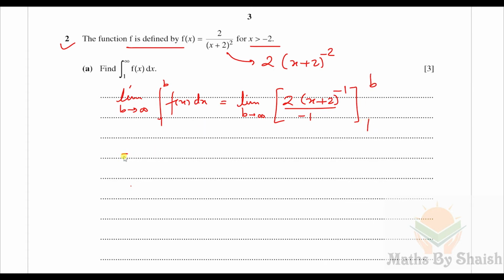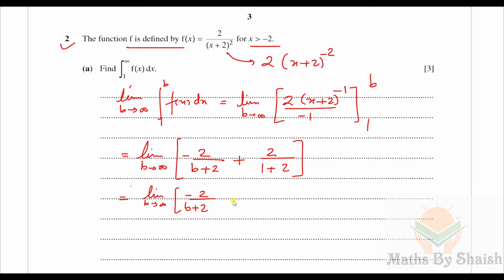So again this becomes limit b tends to infinity, and upper limit b gives minus 2 upon b plus 2, minus, plus, because it is minus already, and lower limit, that is 1, so it becomes 2 upon 1 plus 2, and we'll solve it once more. It is minus 2 by (b plus 2) plus 2 by 3,